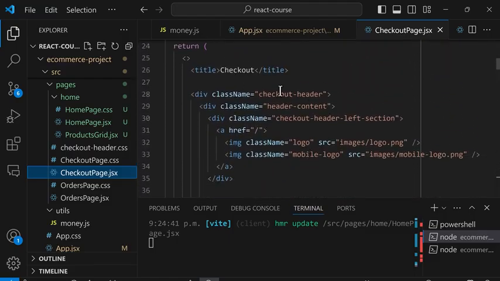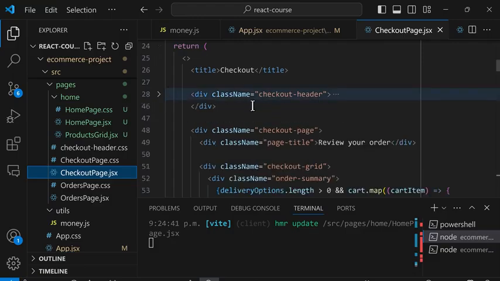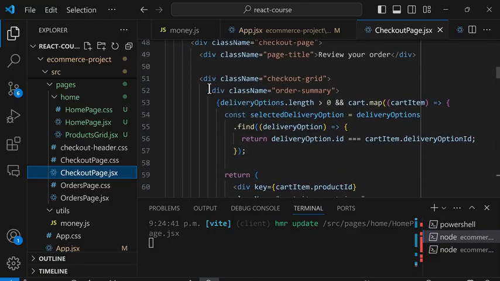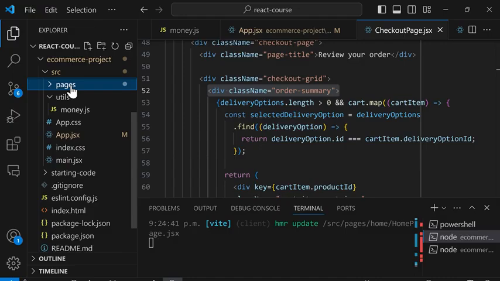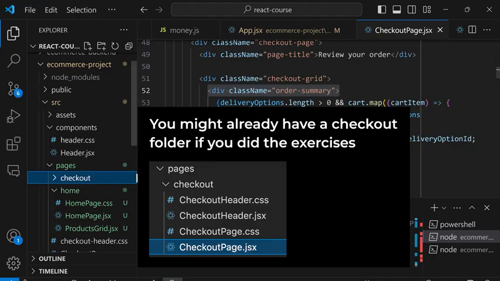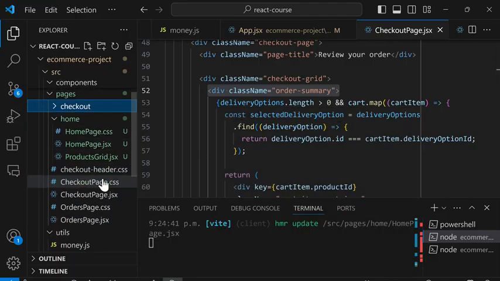And I'll leave separating the checkout header as an exercise. But we're going to scroll down here and we can move the order summary section into its own component. So inside the pages folder, I'm going to click it and create a new folder called checkout. Now, you might have already done this if you did the exercises from the previous lesson. But we're going to use this folder checkout, and I'm going to move the checkout page inside here